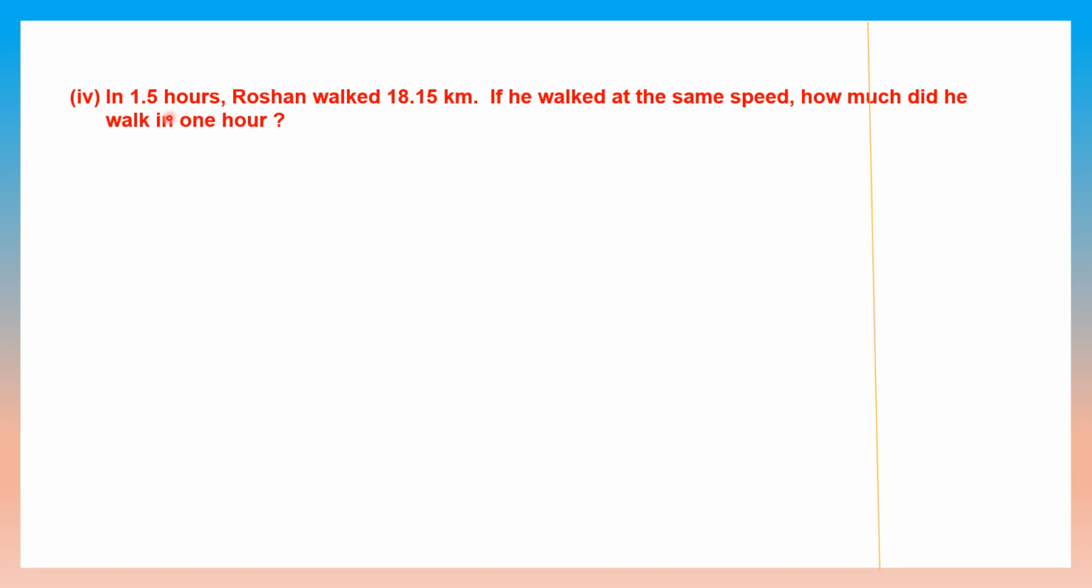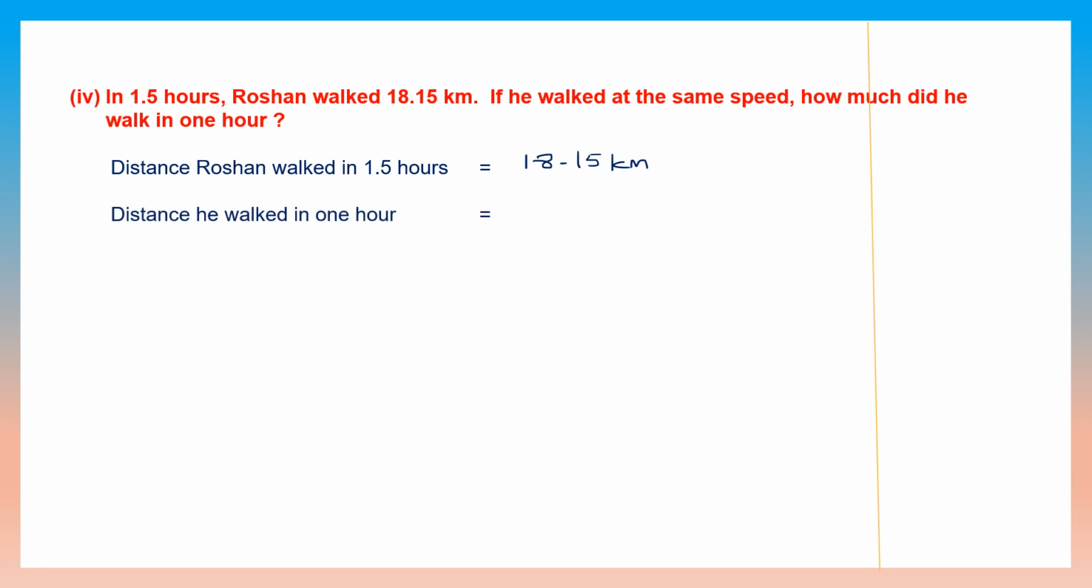Okay, so in 1.5 hours, he walked so much. So in 1 hour, we need to find how much. So that is again division. When you have to find for 1, that is division. So let's begin our statements. The distance Roshan walked in 1.5 hours is 18.15 kilometers. So we need to find the distance he walked in 1 hour, and that is